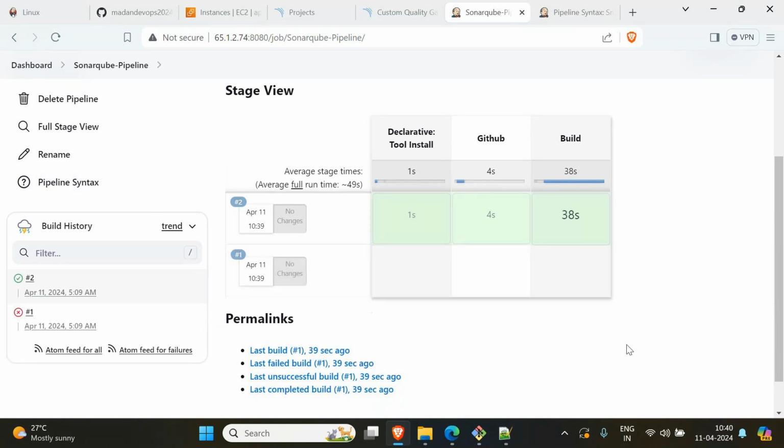Because it's the first build, as you know, it is pulling plugin dependencies from the central repository. That is the reason it is taking a lot of time. For the second build, it won't take much time. So build is successful now. Next, what is the next job? Go to our pipeline,